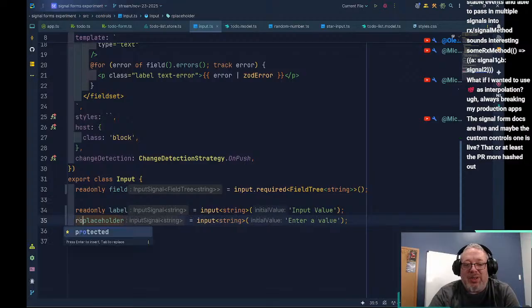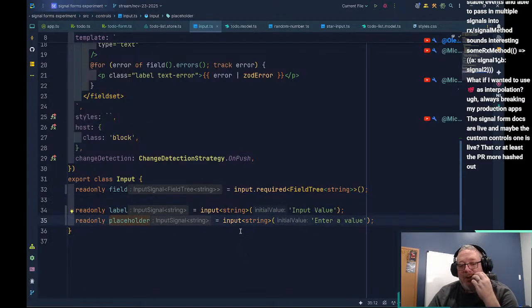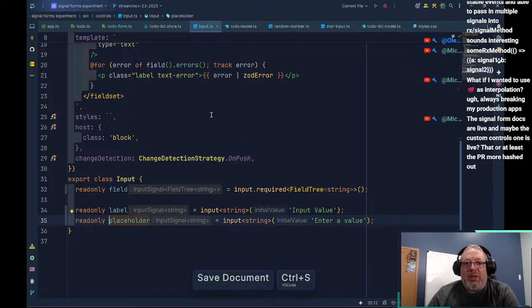And the only reason I want these to be read-only, it's not actually going to force these to be read-only, so we can still change values. But what this gives us is the ability to prevent people in TypeScript from changing these.